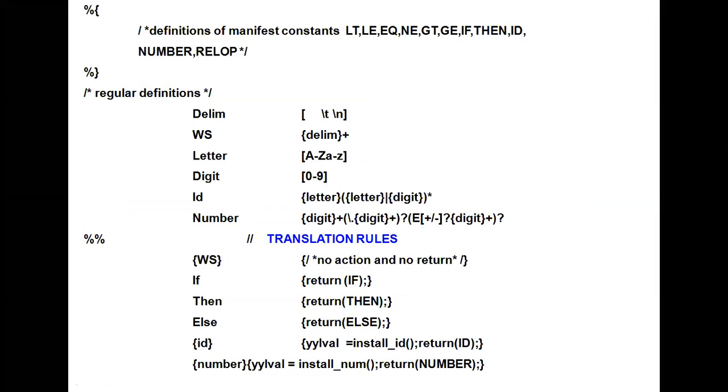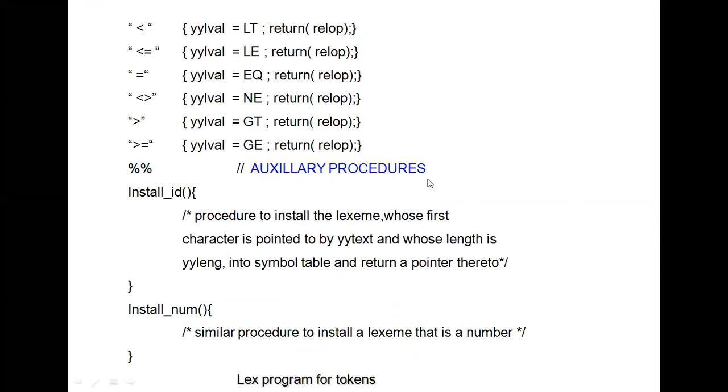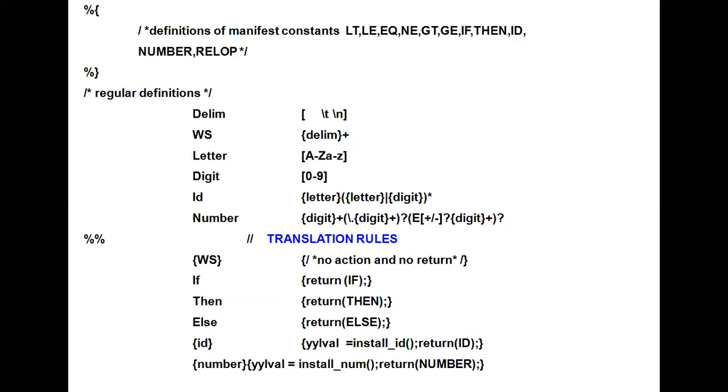The lex program is divided into 3 parts. How are we going to specify lex? For that question, I am explaining briefly with this program. This is a lex program. This program is divided into 3 sections. The first section is the declaration section, the second section is the rule section, and the third section is the procedure section. Make a note: the first one is declaration, the second one is rule, and the third one is procedure.